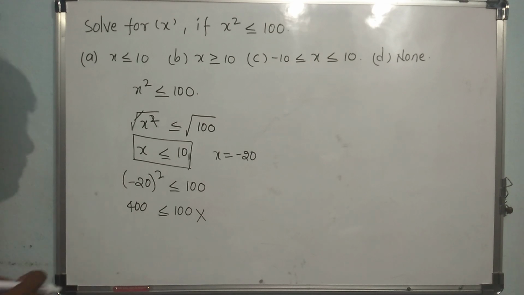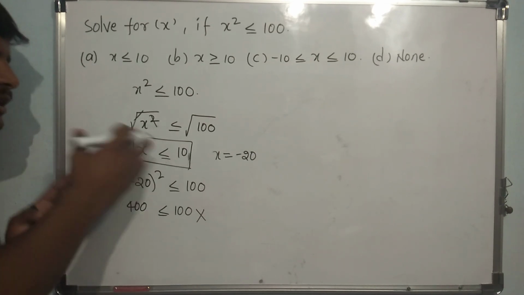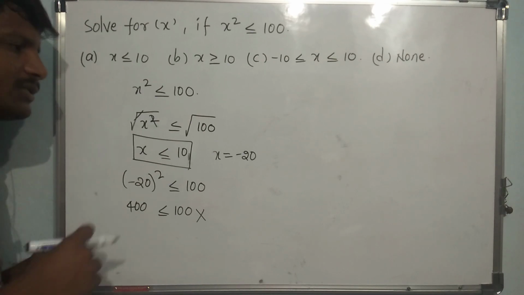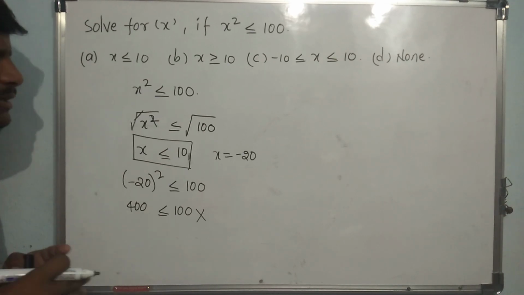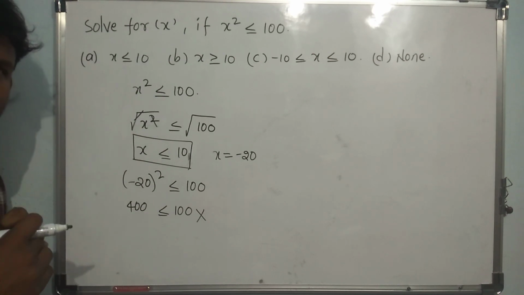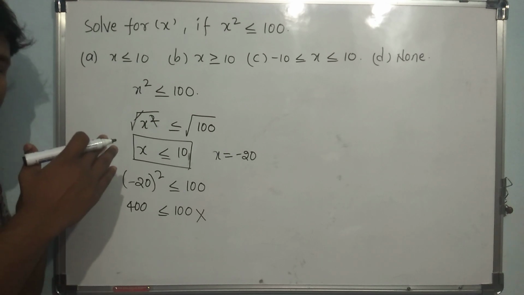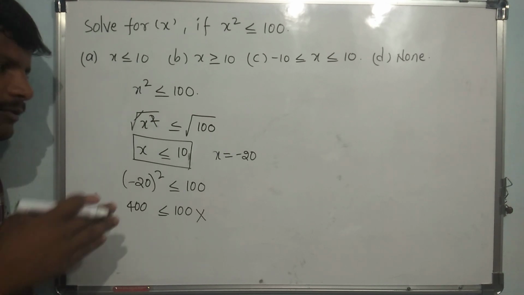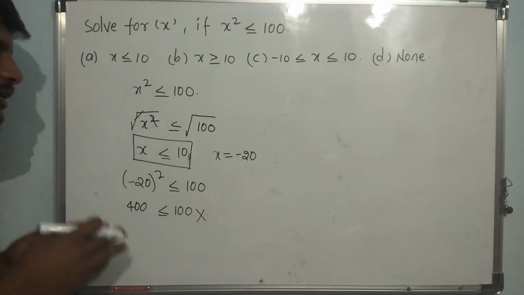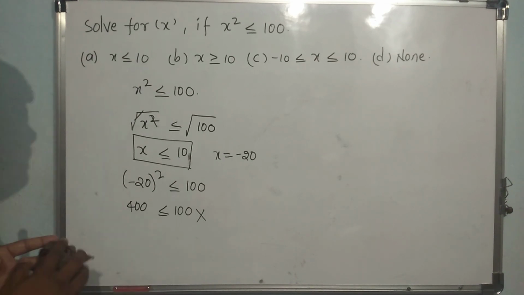This failed, which means that it is not correct. It is not giving you all values correct. Some values are wrong in this. And why is this wrong? Where did we make the mistake? We followed everything correctly, then why did it fail? So this kind of problem we need to focus on. What is the mistake that we people are making? The mistake here is applying square root on both sides.